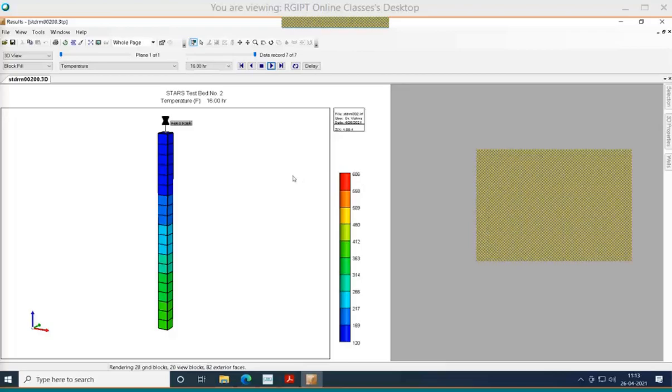So we can view it in a 3D animated way. We can see how the saturation, the temperature, the pressure and so on are changing at each and every time step. You might have studied in your reservoir engineering the frontal advance equation and fractional flow theory, and we can correlate with that.